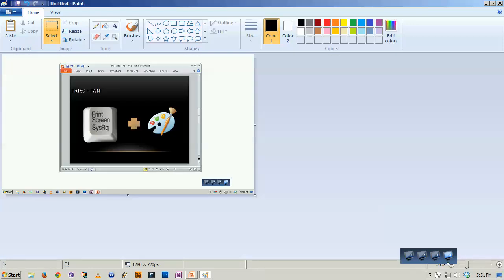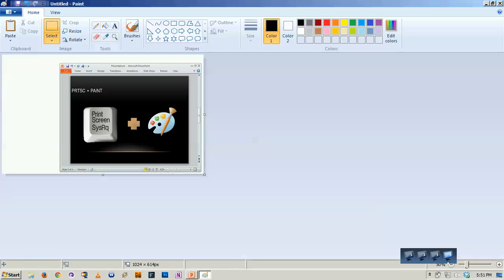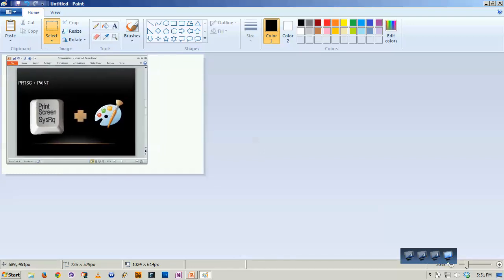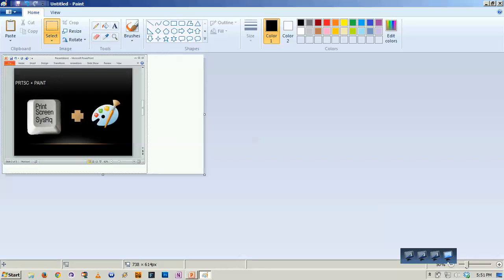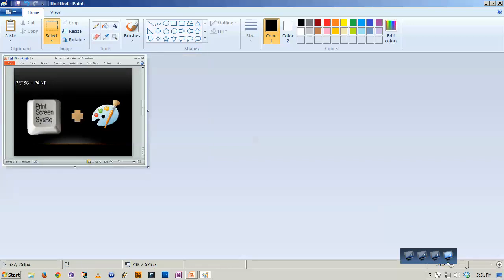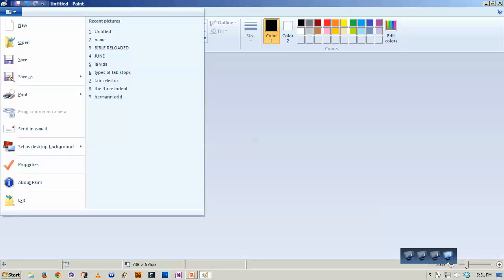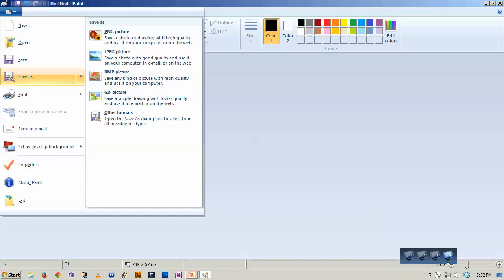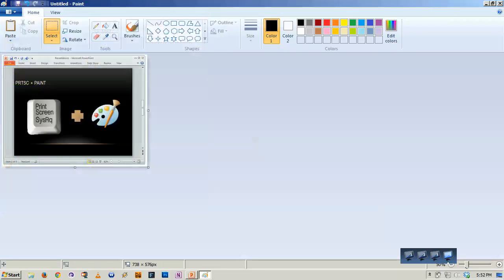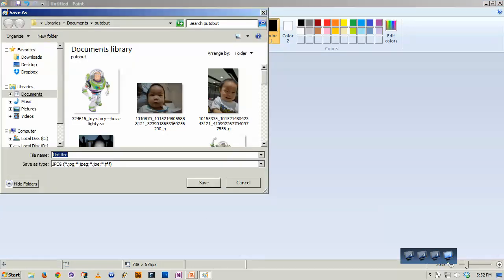So we do not want the whole screen. So we can always try to crop this one if you do not want the whole page. Okay, selection. So let's just put this here. Now we have our screenshot using print screen. Let's just save it. So again, let's use save as. So there's another file type or media type. So let me just use JPEG picture and save it on my documents.